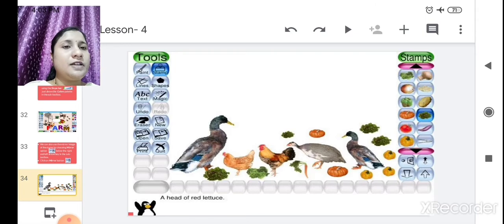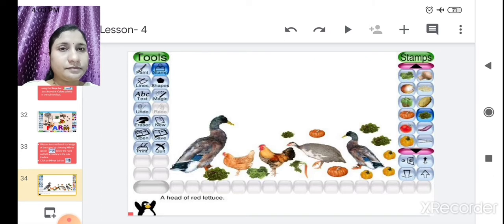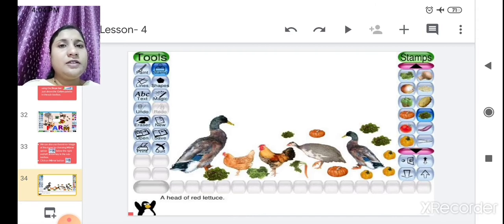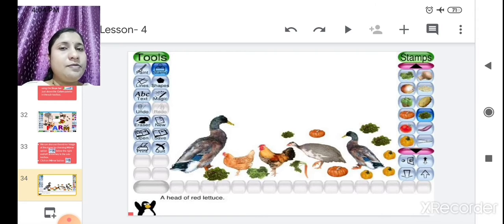Here in the stamps there are ducks, hens. These are the stamps. And we have also seen that there is a pumpkin, and capsicums are also there, two or three capsicums. The pumpkin is also there, and the green vegetable is also there. So if you want to use the mirror image of that stamp, you have to click on the mirror button which is given. See, below the down arrow, it is given in pink color in the stamp sub tool box.